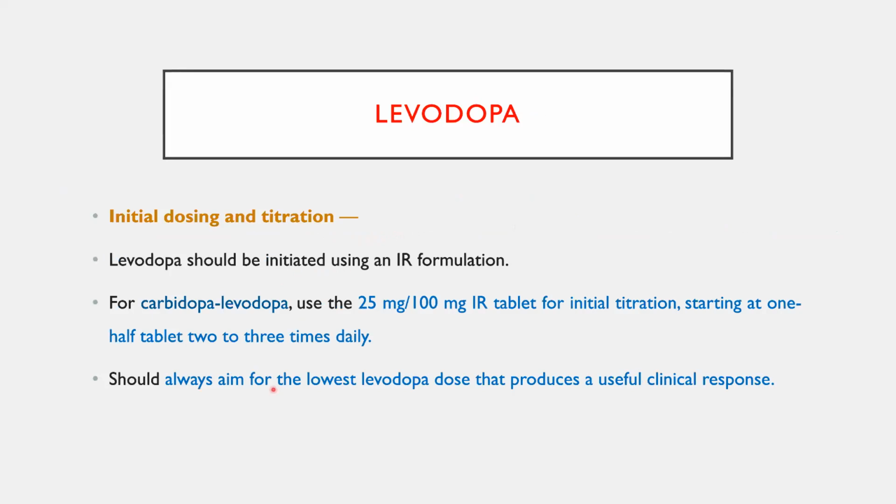The dose would be the 125 mg preparation, that is 25 mg carbidopa and 100 mg levodopa. Start with half a tablet three times a day. After a week, you can gradually escalate the dose. Meanwhile, you need to check the UPDRS scale. If the UPDRS scale keeps improving, you need to decrease the dose. If the UPDRS scale is worsening, you need to increase the dose. The lowest possible dose at which the patient is symptomatically better should be identified and addressed accordingly.